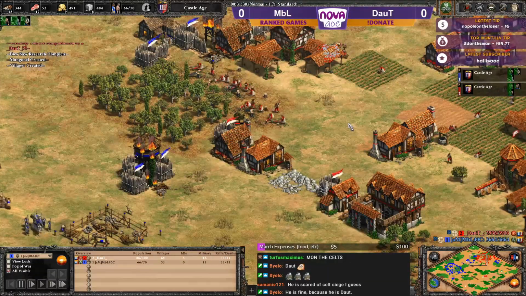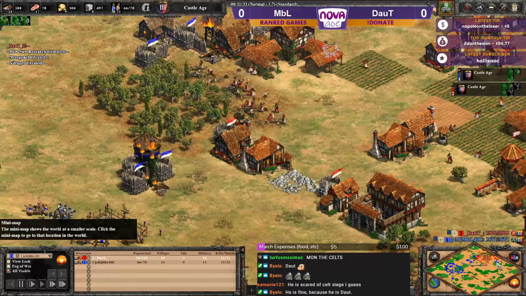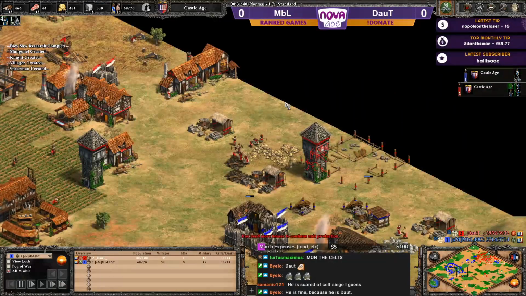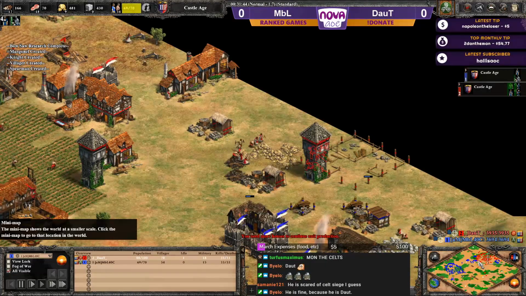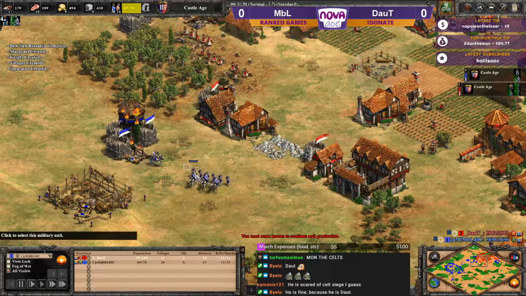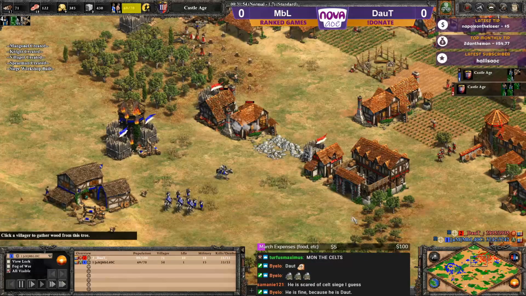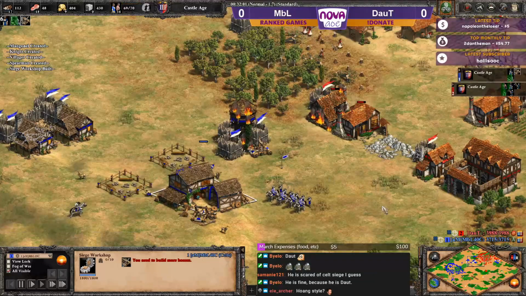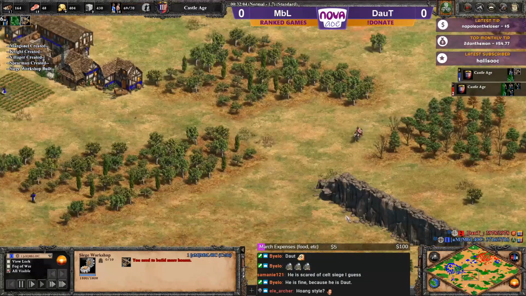The villager count's already going to be 15 higher for DauT. He's been going for the 4th TC. So even if he loses one, he's not going to be in the worst spot. He's not going to be in the worst of places. Wrong style. He has to, man. I mean... Well...